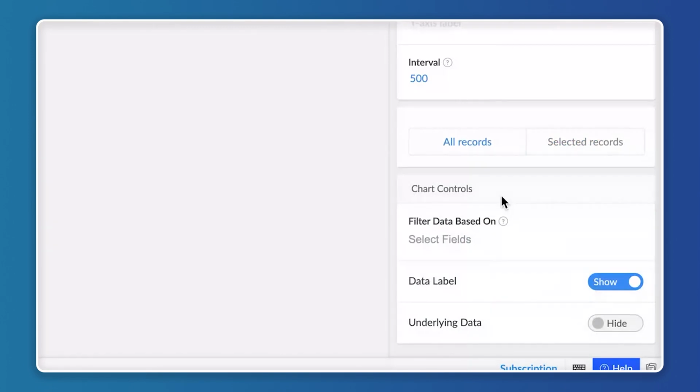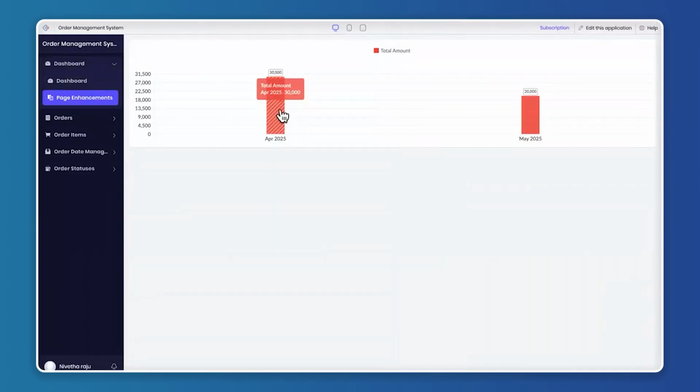And apart from this, you also have the theme color. Before moving on to the theme color, let me also explain the other two features, which are filtered data based on and underlying data. So let us understand what underlying data is. Underlying data is nothing but, over here, if you could see, when I click on this particular section, it